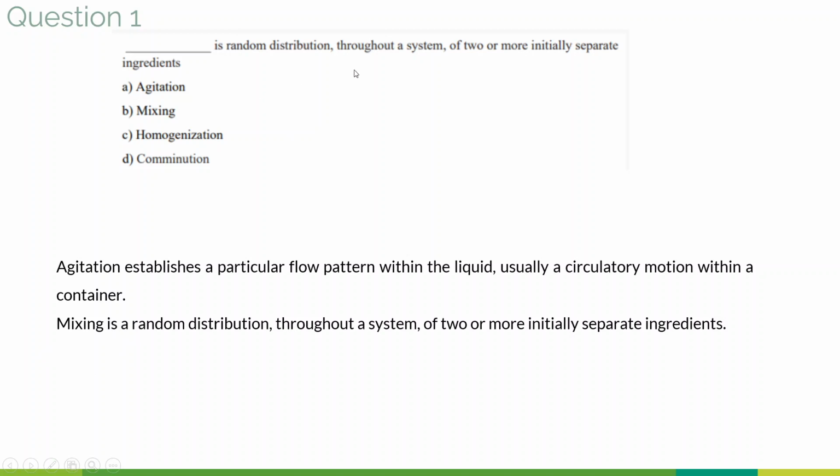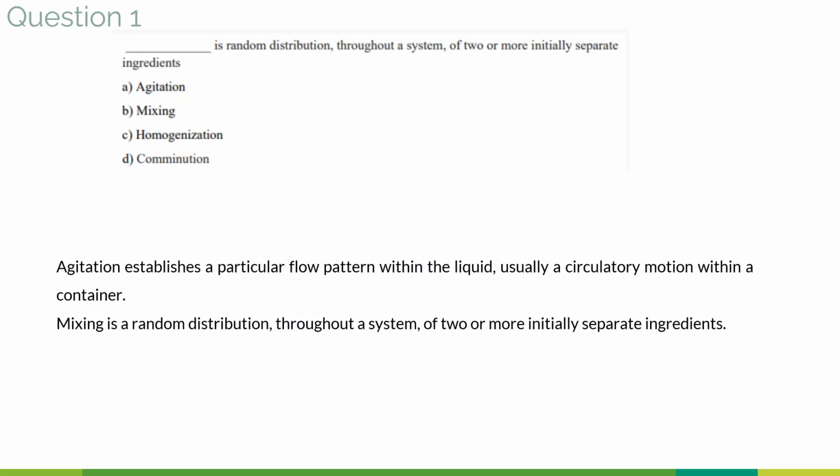So mixing is a random distribution throughout a system of two or more initially separate ingredients. So mixing is where you have more than one component, and those components can be either liquid-liquid, solid-liquid, or liquid-gas as well. In case of liquid-liquid, you might have two immiscible liquids and you're trying to make an emulsion, and you'll also have solid-liquid and gas-liquid in the mixing process. And comminution is the size reduction process that we discussed in the previous